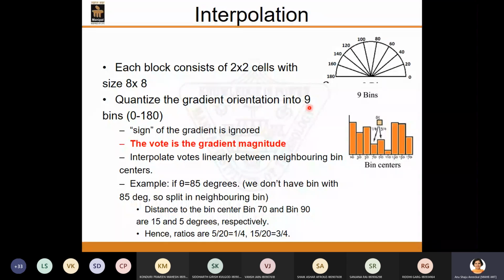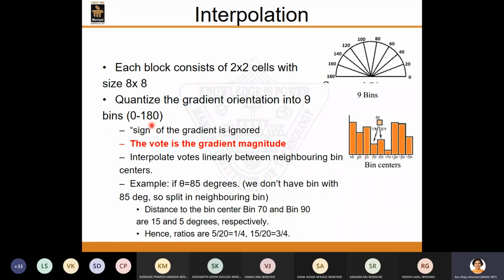In this case, you are not looking at all the gradient orientations, or trying to put them into all 180 bins. If the gradient orientations range from 0 to 180, you are not putting them into all 180 bins. Instead, you are creating a histogram with only 9 bins. These 9 bins will help collect the orientation information from 0